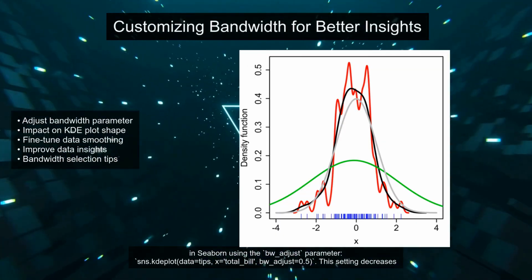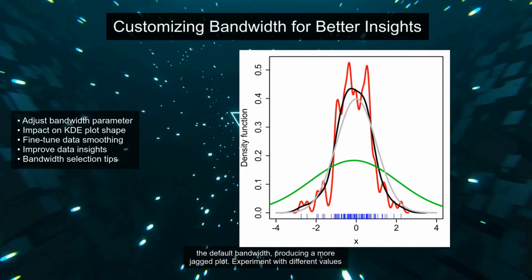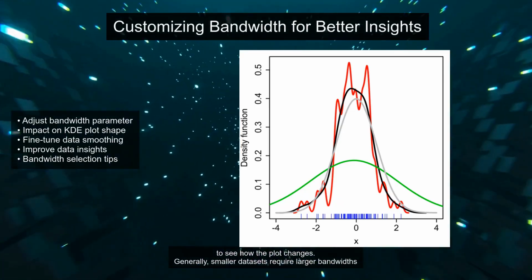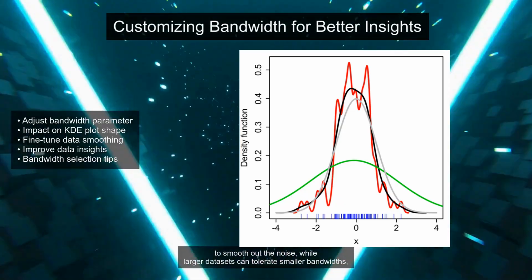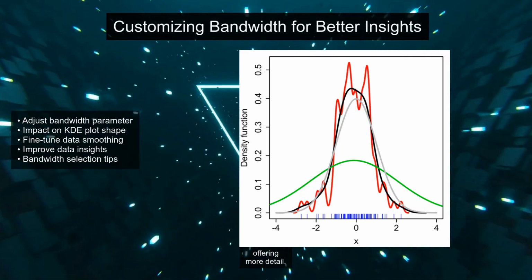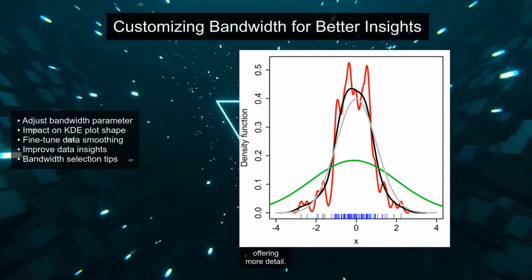_bill', bw_adjust=0.5). This setting decreases the default bandwidth, producing a more jagged plot. Experiment with different values to see how the plot changes. Generally, smaller datasets require larger bandwidths to smooth out the noise, while larger datasets can tolerate smaller bandwidths, offering more